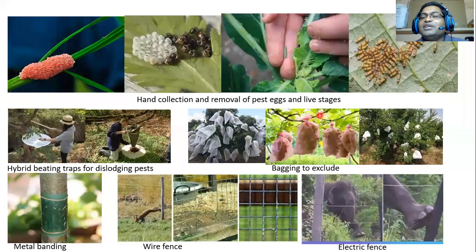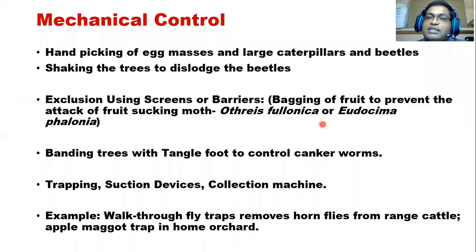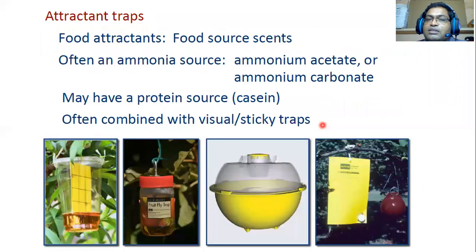And in the old days, we were using sounds like bells to chase squirrels from the mango trees. Nowadays, people are not following that. And for bandicoots and rats, they are using rat traps. Different traps they are using. So we call this the mechanical way of controlling pests. For locusts also, nowadays they are making big sounds to chase the locusts. These are the mechanical methods.